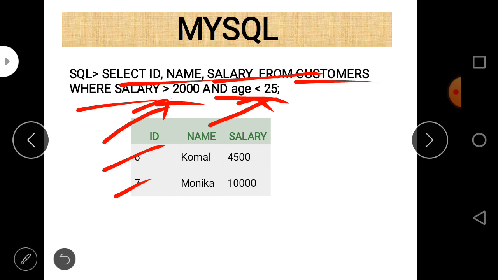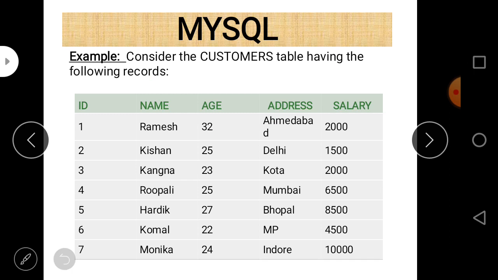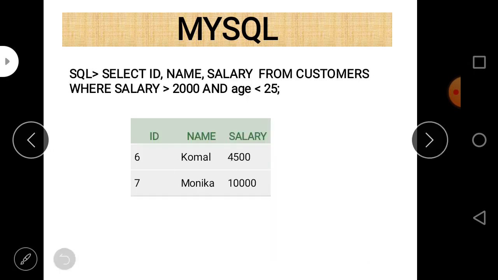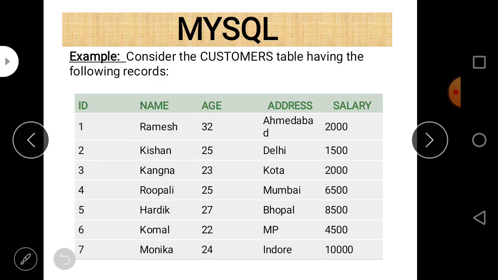Let us see. Salary is greater than 2000: there are 4 records. Second is age less than 25: these 3.